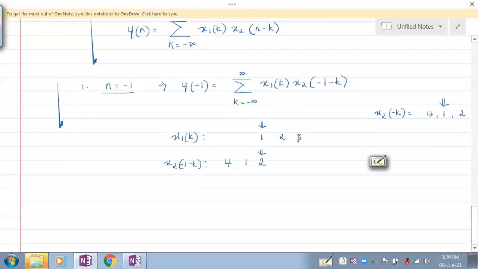The players on the field are standing. This is not moving. The first, x1 of k, is not moving, but x2 of n minus k is moving. So x1 of k is stationary, whereas the second sequence is moving. Here are players standing, and here are players moving out from the dugout to congratulate them. When would the first person here congratulate the first person on this side? When they come near to each other. Then only is a handshake possible. That handshake we are calling overlapping.